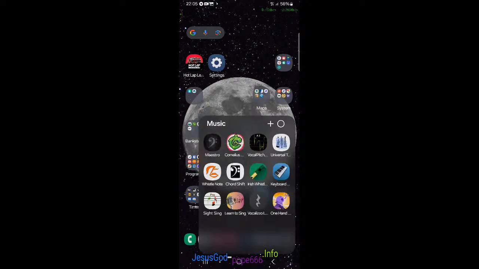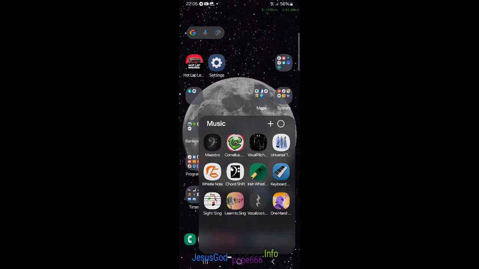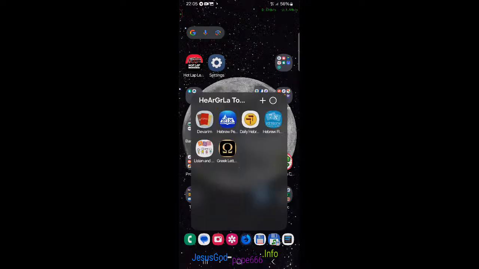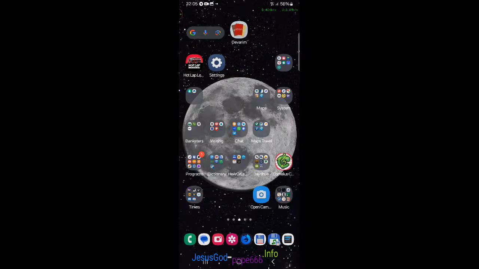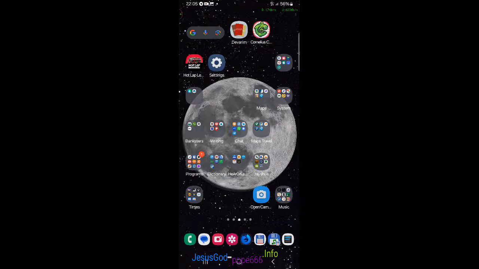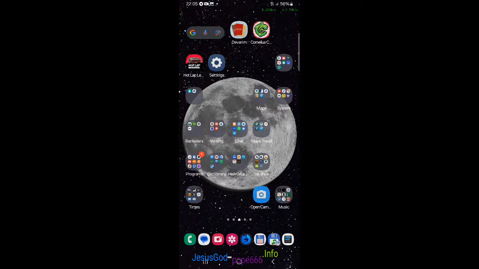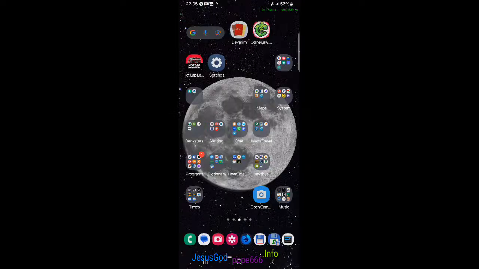There we go. So that's at least one other application that doesn't work, and this one doesn't work. So we can put those up here. As far as I recall, this one worked, but I can't remember. Maybe it didn't work in Android 13 either.